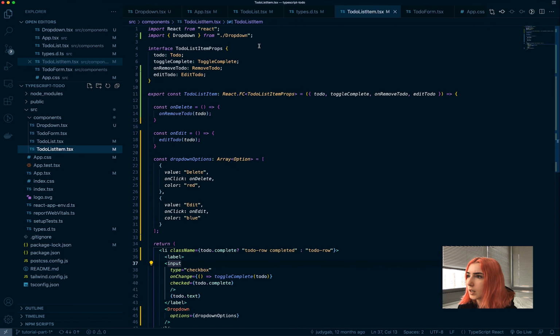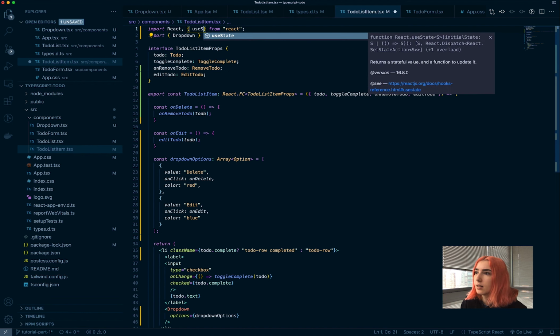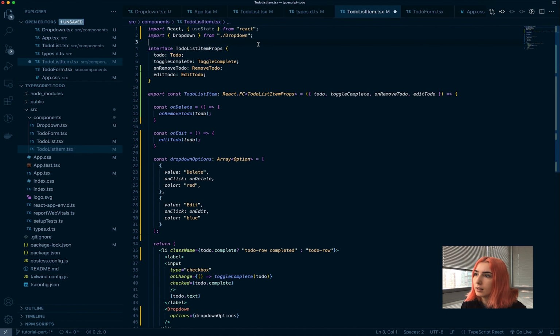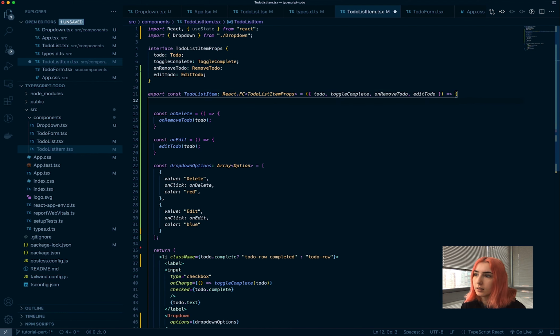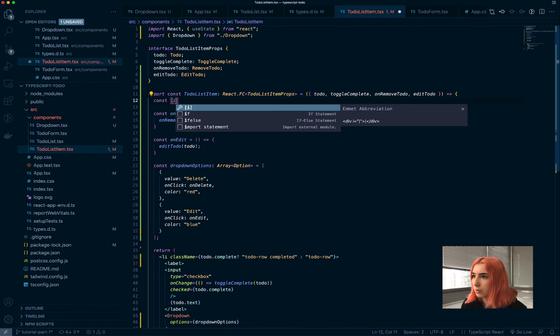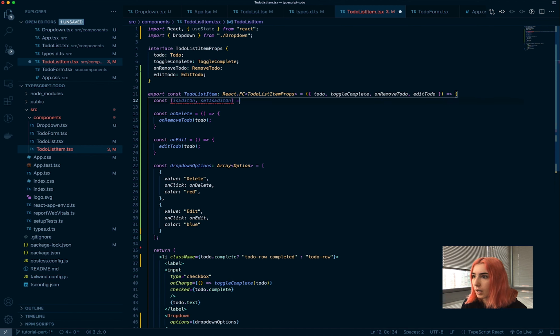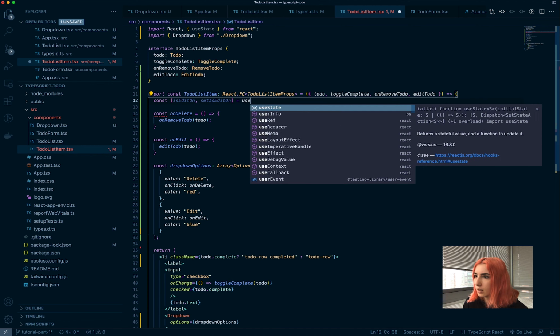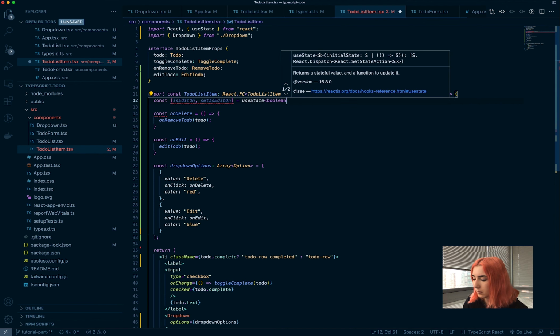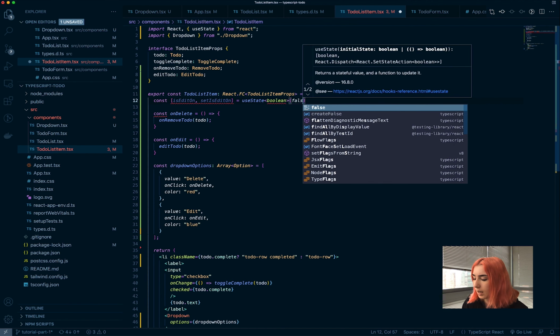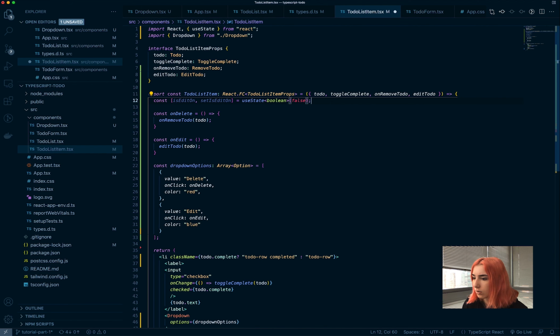So okay, moving on from here, another thing that edit needs is that when somebody presses edit, we want them to be able to type in what exactly it is, to update the text of the to-do. So for that we need two things. First is the state to store if somebody had edit pressed already. So for that I'm going to create this boolean type state that is also false